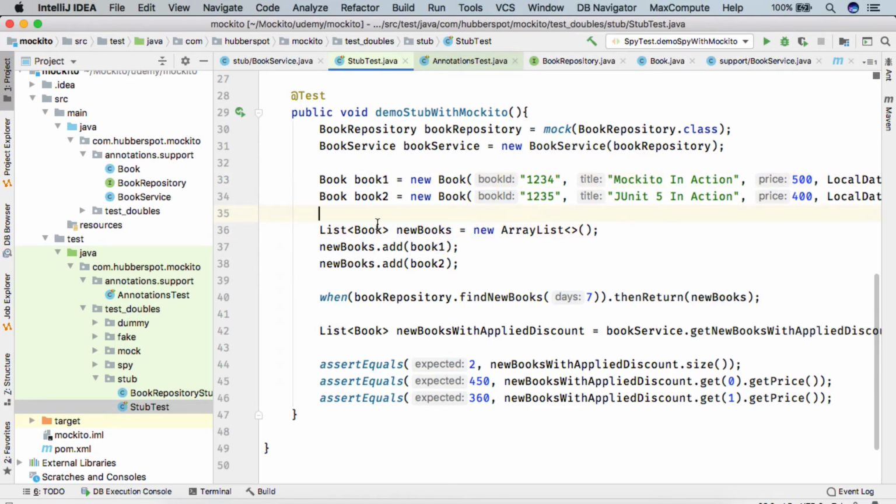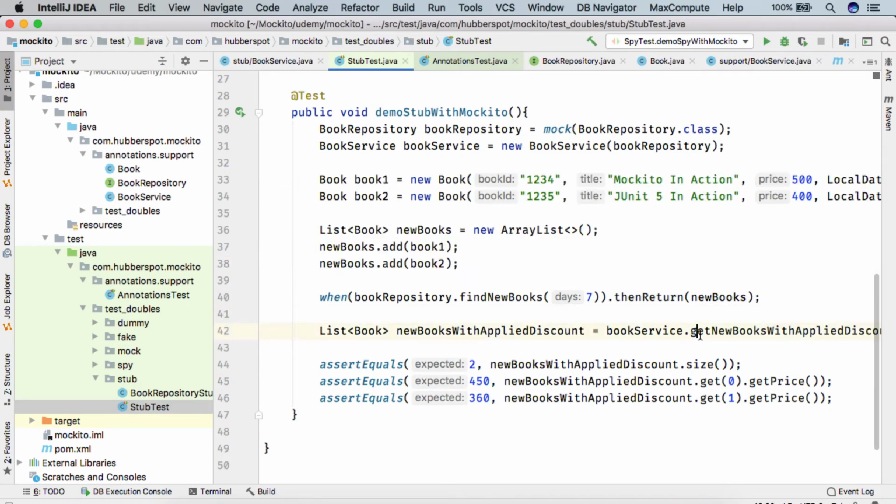The reason we added these 2 books into the list is that the BookRepository implementation is not in place, and if you want to test BookService we require a BookRepository. So we simply created a mock object of BookRepository and told Mockito that when BookRepository.findNewBooks is called, let's say with days as 7, then simply return these new books. So this is our test data.